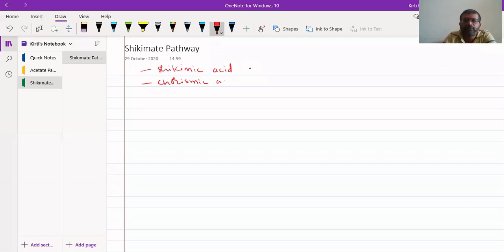Now today we will see about the biosynthesis of tryptophan and other aromatic amino acids. So we will see about the biosynthesis of tryptophan. As we know, tryptophan is an aromatic amino acid